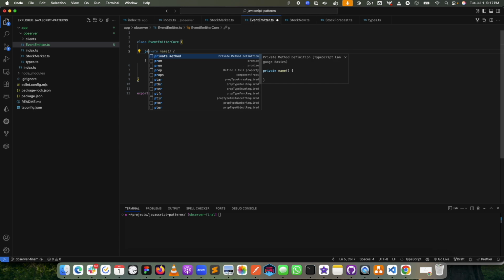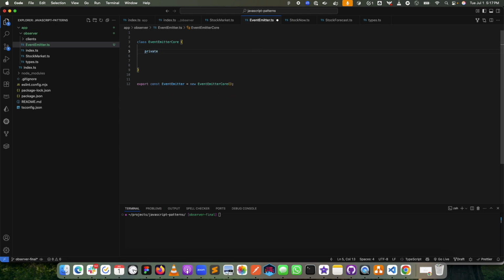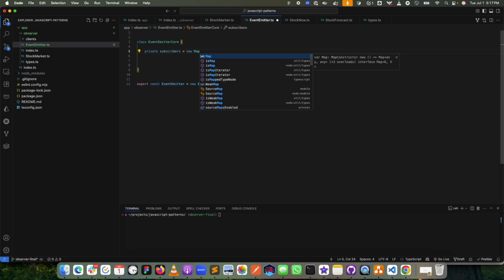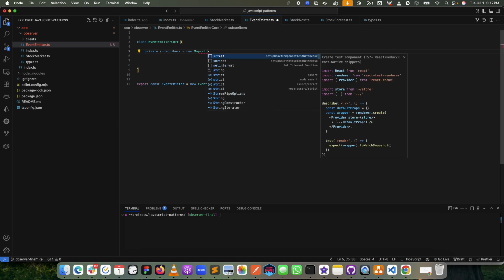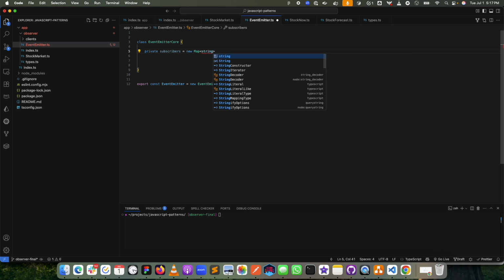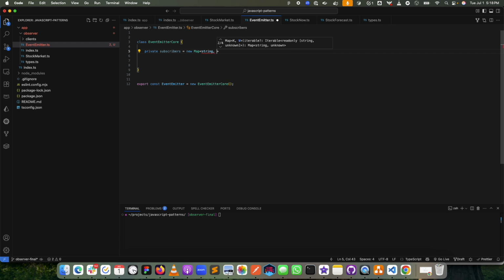Now let's create a private member here, and this private member is our observers. We can name it observers, or just to provide some variety this time, let's call it subscriber. Again, observer, subscriber, listeners, all are just different names, and basically they all do the same job. So the type of this subscriber would be a map type, and we will have the key as a string. This will be called a topic in technical terms, and we will be using the topic name in the rest of the video. And the value in the key value pair would be an observer